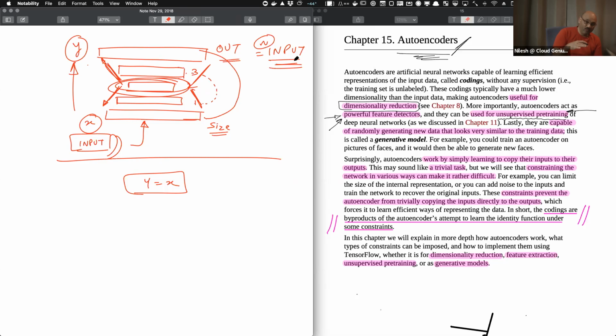That's the constraint we put on top, to force the machine to learn the really key things needed to produce the expected output, which matches the input, even though it is passing through a narrower